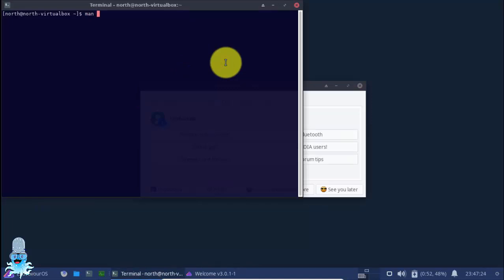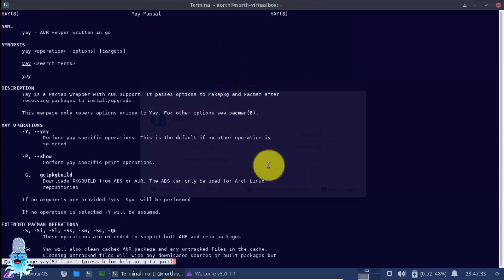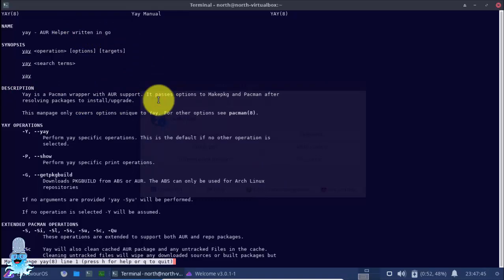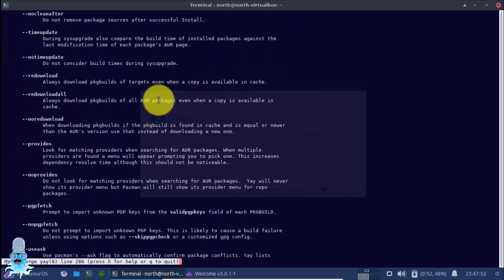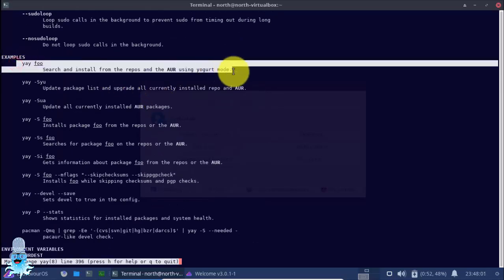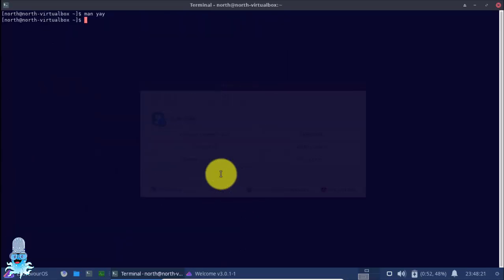So we will do the man. And Yay comes with tons and tons of attributes which can be used. For now we are just looking at how to install the packages. So here we have yay and package name. That's the basic way to install a package in our Endeavour OS. But you can also go with yay and capital S then package name,